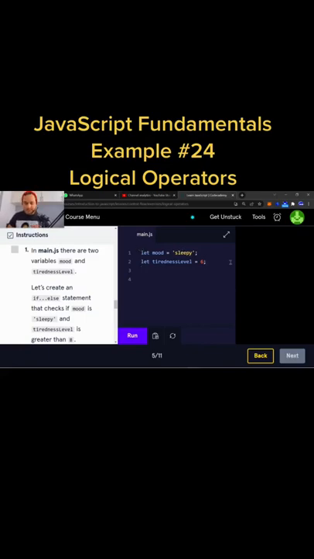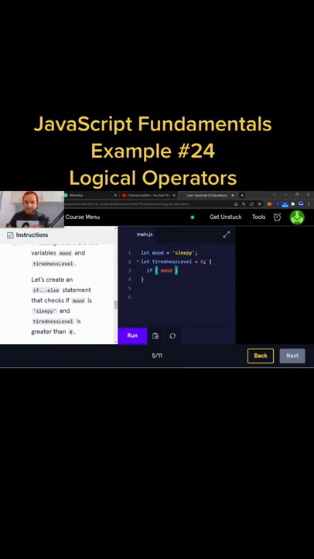Right, so we're going to start off with the if else statement. As you can see, the variables have already been created for us. Alright, so if mood is equal to sleepy,